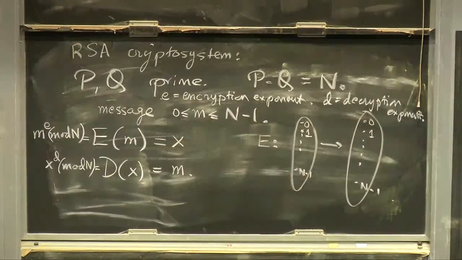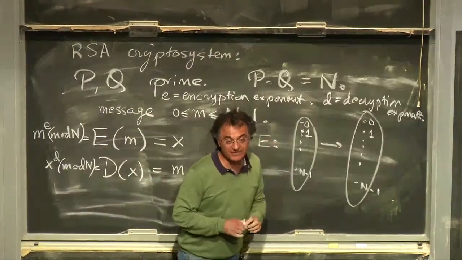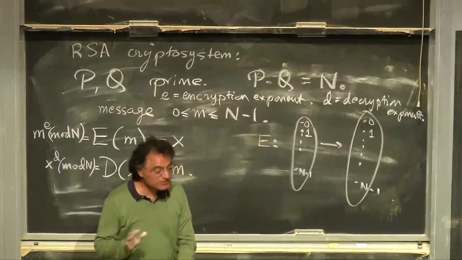Okay, that's the RSA cryptosystem. Now these D and little e are cleverly chosen, and we'll learn how to cleverly choose them so that